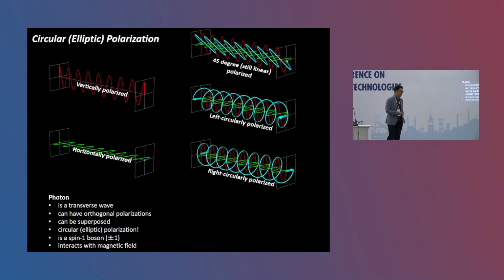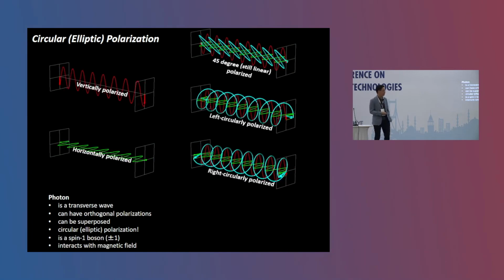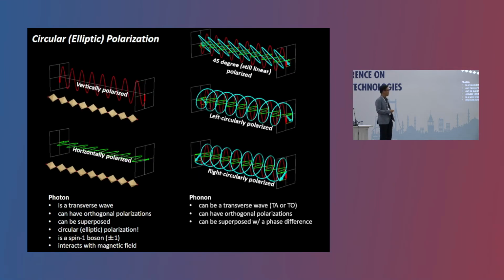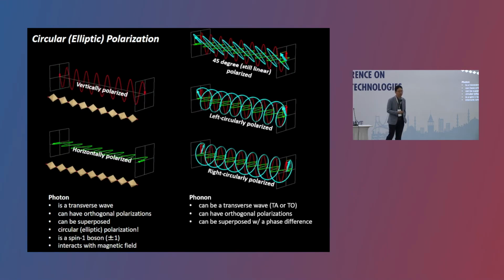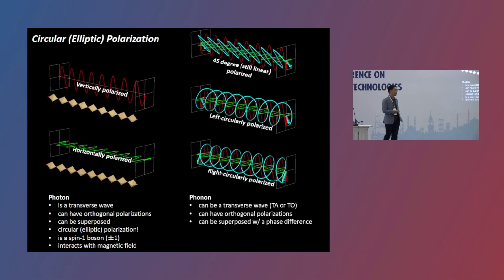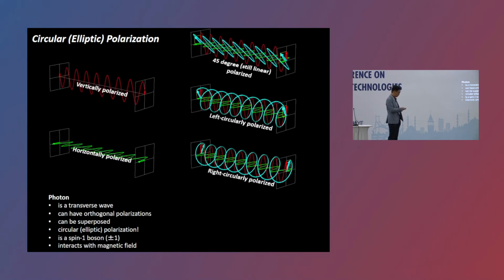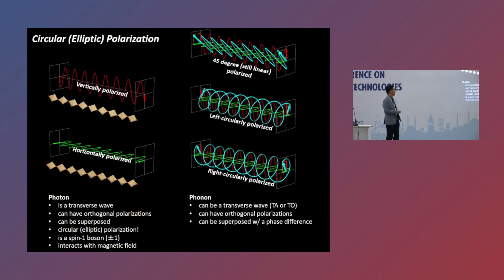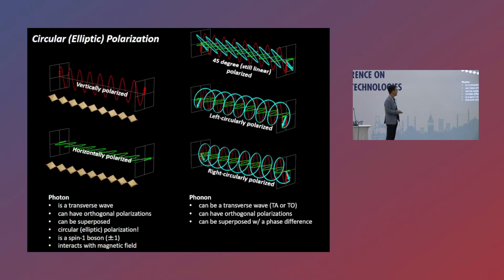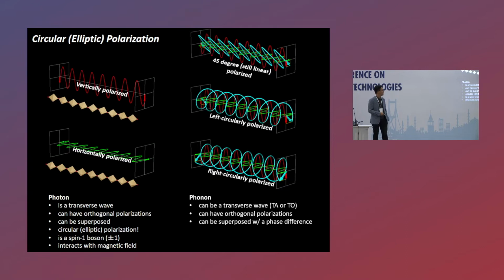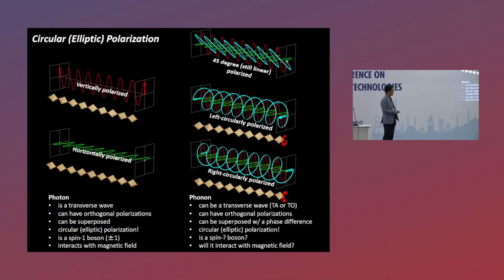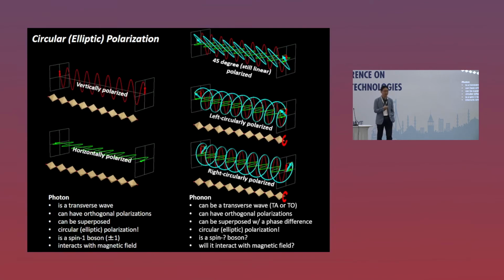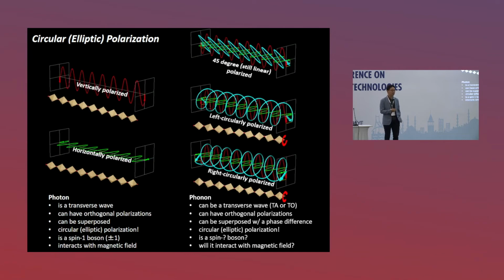It turns out that phonons are not very different. Of course, they have mass, so they are different in that sense. But in 3-dimensional space, you have 2 different polarizations. They are orthogonal, and you can introduce a phase difference between the 2. This transverse acoustic or transverse optical mode can become a superposition with a phase difference. Then you can actually visualize the rotational motion of this polarization, of this ionic motion. And this is called a chiral phonon.